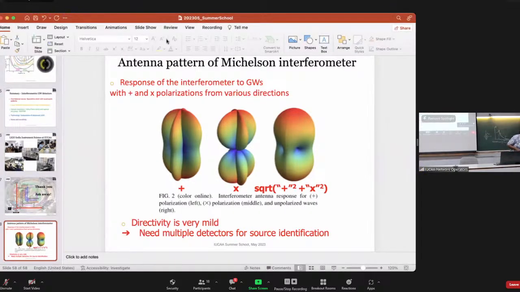Are there any questions in the chat? Okay. Can any other technique be used other than interferometry to detect gravitational waves? There are. Interferometers were not the first that actually came into play when people wanted to detect gravitational waves. The initial